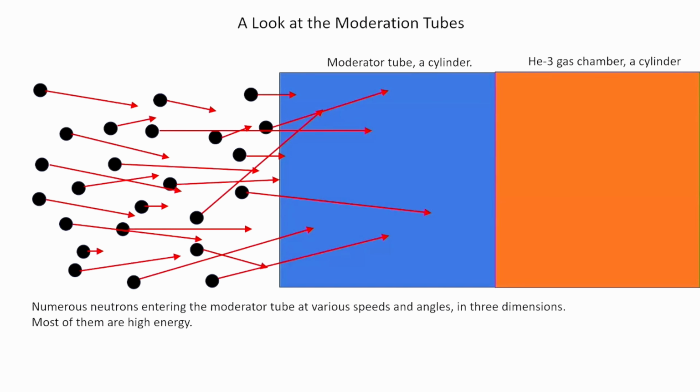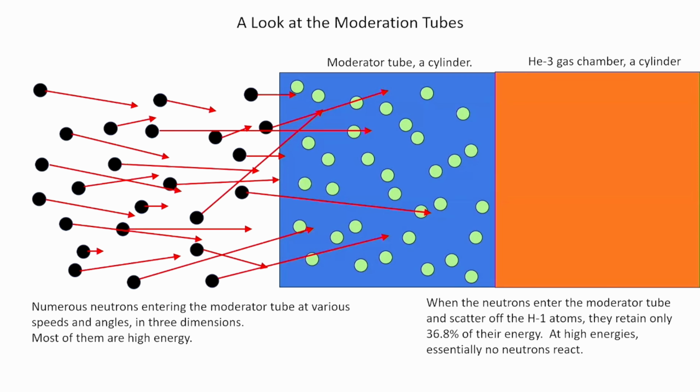So here is that same little blue cylinder, and here's the gas chamber that we saw earlier. And I've got lots of neutrons. These little red lines here are vectors. This is in 3 dimensions, and they're all coming into that moderator tube. Most of them are high energy. You can see that by the large vectors. When they go into that moderator tube, they're going to scatter on these H1